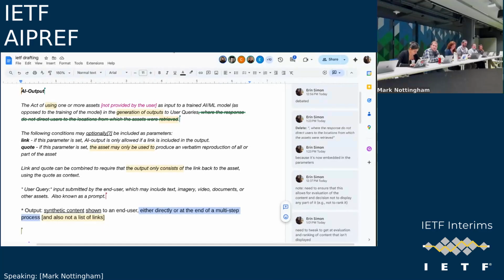Yeah, I want to get back to the point that I think Michael raised about why we are focusing on the output versus the ingestion, and I want to add to what Martin has said. For the ingestion part you have robots.txt, but there's also a reason here, because we do want this category to allow people to express that they want to be included in search.